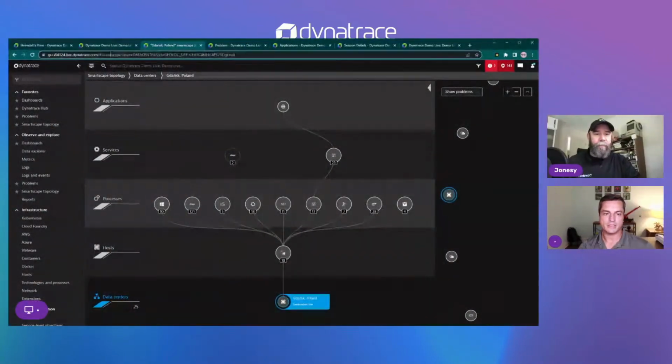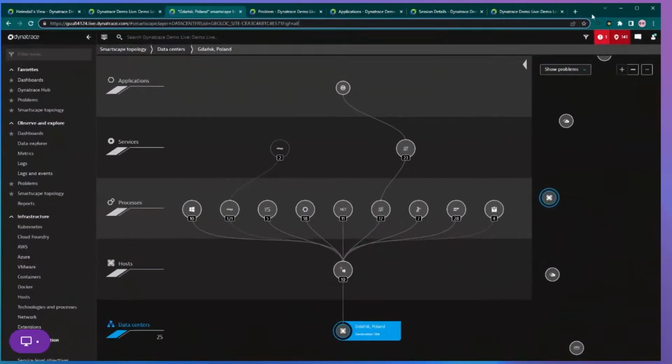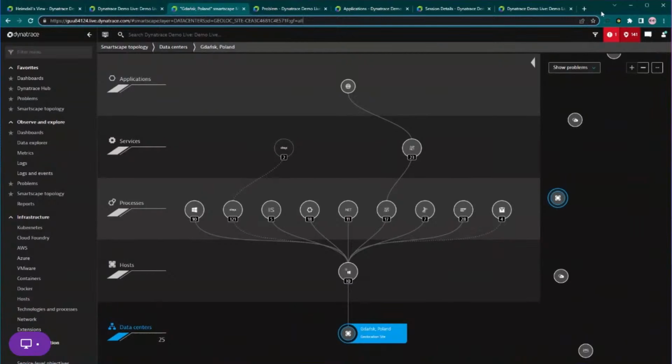All right, fantastic. So, picking up where we were a minute ago, we were talking about the Smartscape, with the idea being that with Dynatrace, you have the host that is implemented with Dynatrace. It's seeing all the services and processes that are running on that host and everything upstream and downstream. The one thing I just wanted to briefly mention before we get to the crux of what Dynatrace is doing with that Davis AI problem detection is that I think it's pretty cool personally